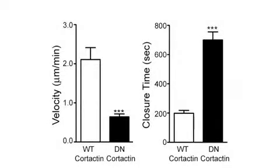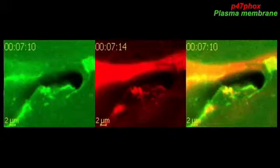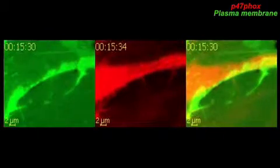An inhibitor of the RAC-regulated actin-nucleating ARP2/3 complex also blocked ventral lamellipodia and micro-wound healing, as did a dominant negative version of the RAC effector cortactin. Indeed, several RAC effectors accumulated in ventral lamellipodia, including the NADPH oxidase subunit P47-PHOX, which generates reactive oxygen species such as